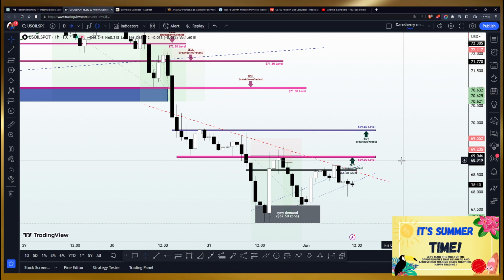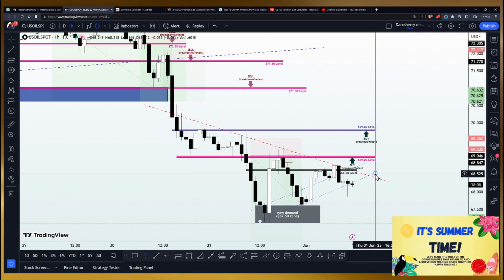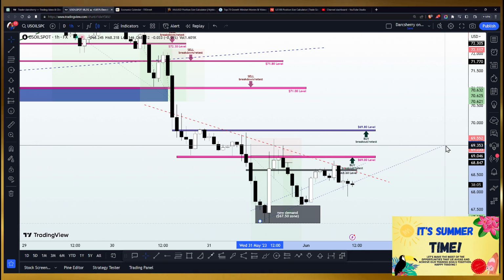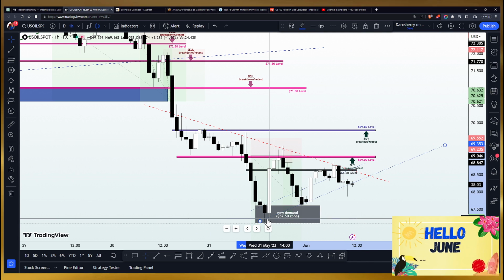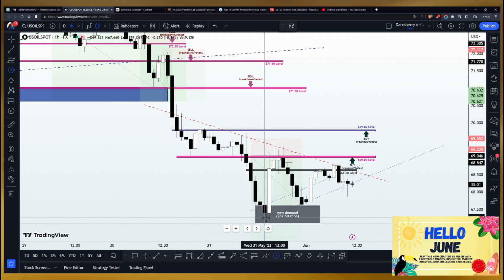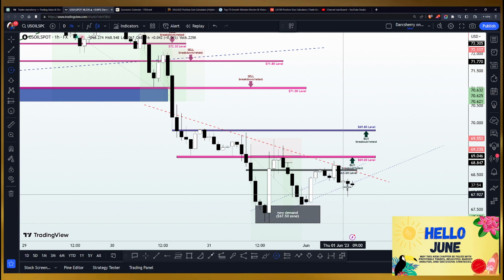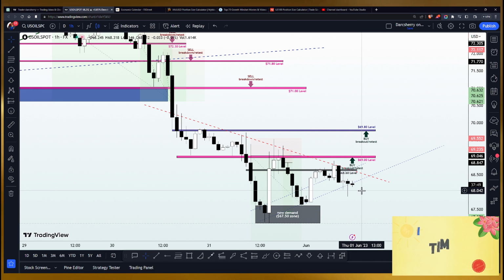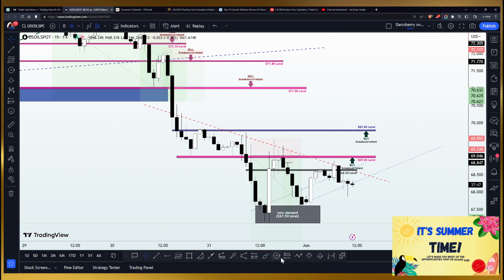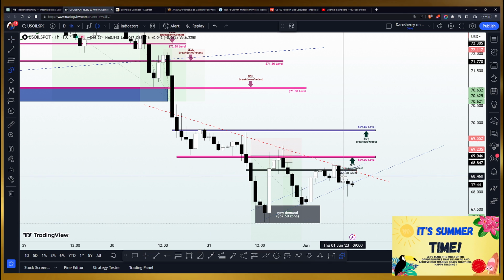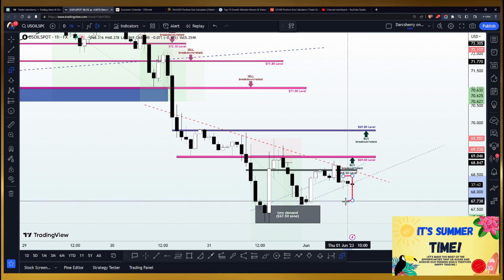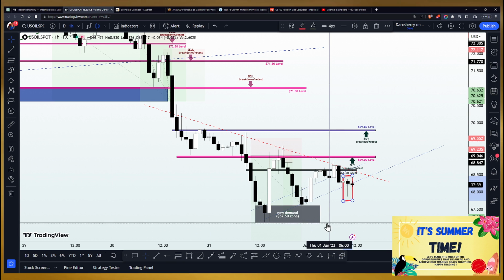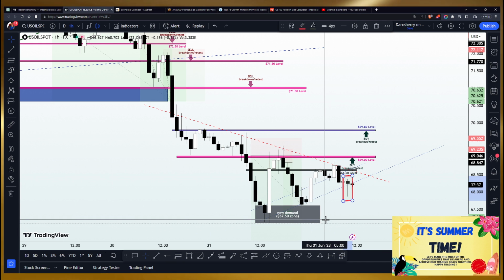Well, one of the structures I was able to identify here is this trend line. After connecting the series of higher lows, of course, price action has been finding higher lows since the New York session yesterday. We have the first one here, we have the second one here, and currently price action is oscillating around this area in the last couple of hours. And in fact, the last hour candle here closed in the form of a hammer candle, which from a technical standpoint is a strong signal that buyers are still present around this area.